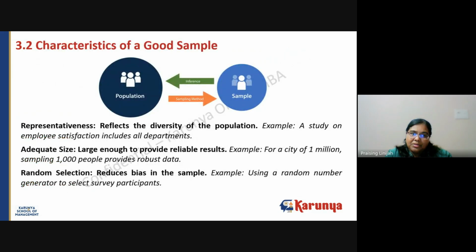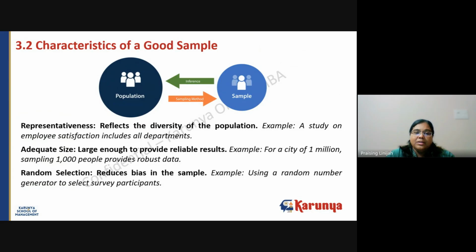Okay. What are the characteristics of a good sample? The first one is representativeness, which reflects the diversity of the population. For example, a good sample should be representative of the entire population, capturing different age groups, maybe different gender, or coming from different income level or occupational level. Trying to identify diversity through demographic characteristics. Library usage habits may not be the same for all, right? So it should be adequate in size to provide